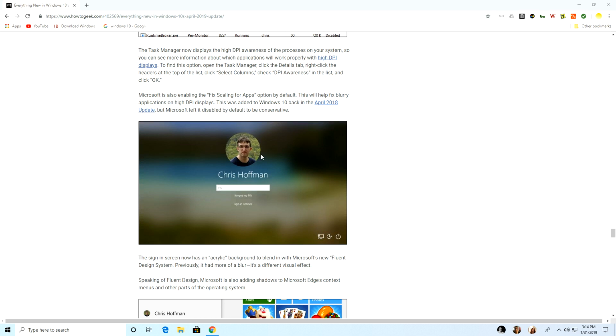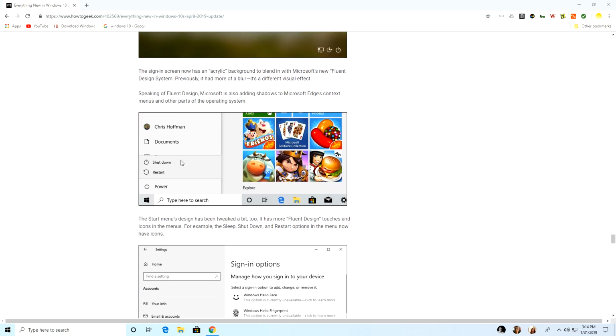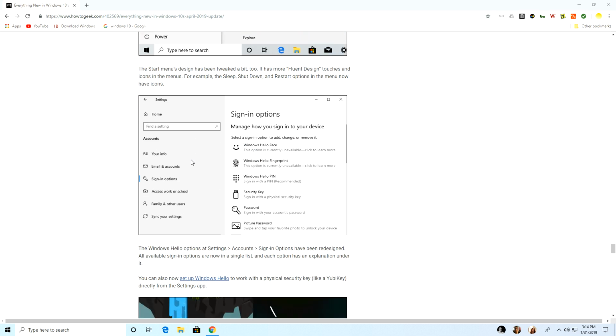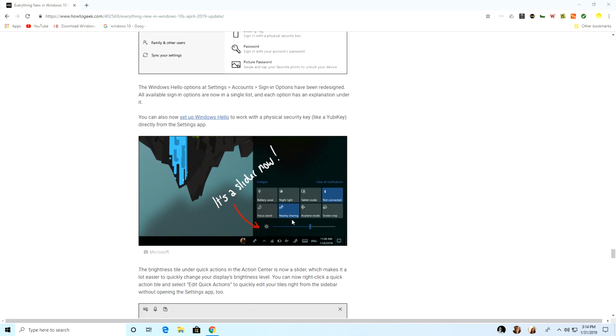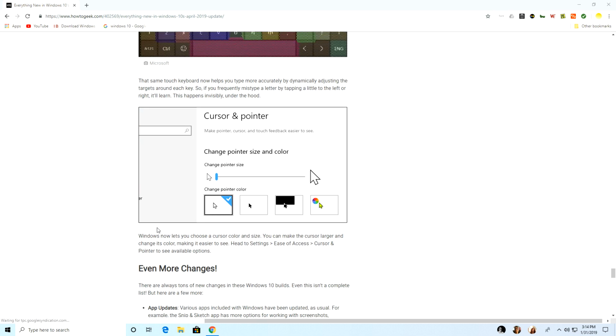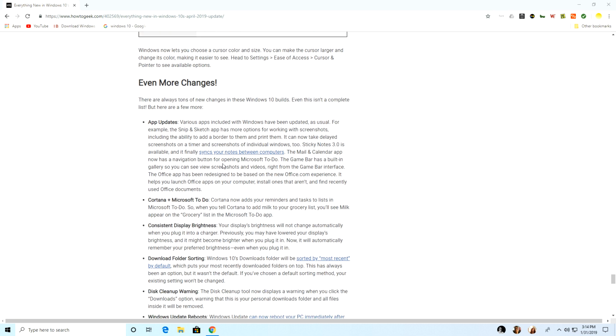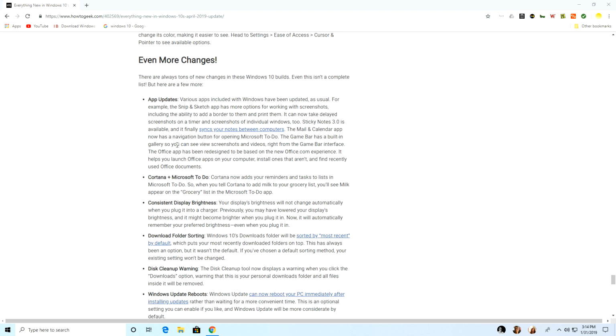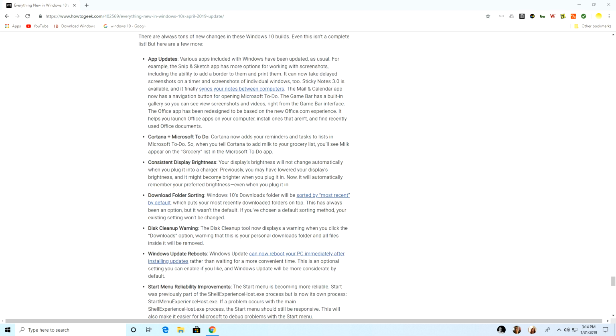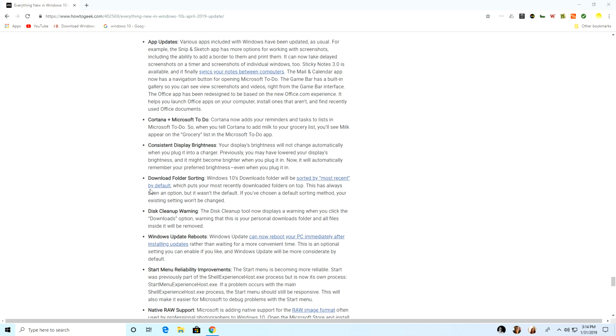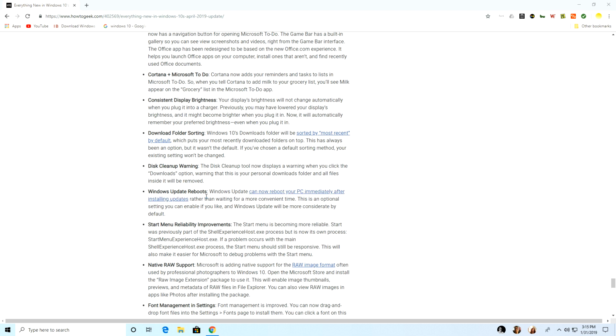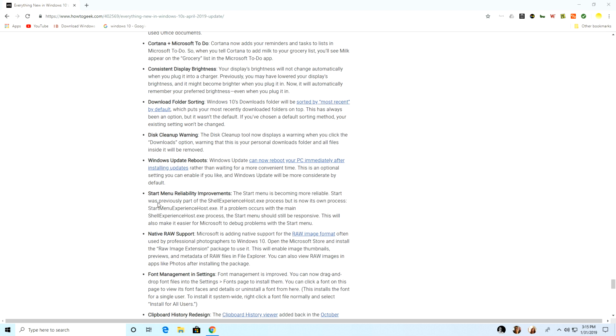And this is the blur on the lock screen, of course. Some power menu settings, changes in settings. Now I don't have this because this is a desktop, but there's a slider for brightness. Change mouse pointer and stuff, and even more. New app updates, Cortana, consistent display brightness, folder sorting, disk cleanup warning, Windows Update restarts, start menu reliability improvements, that's